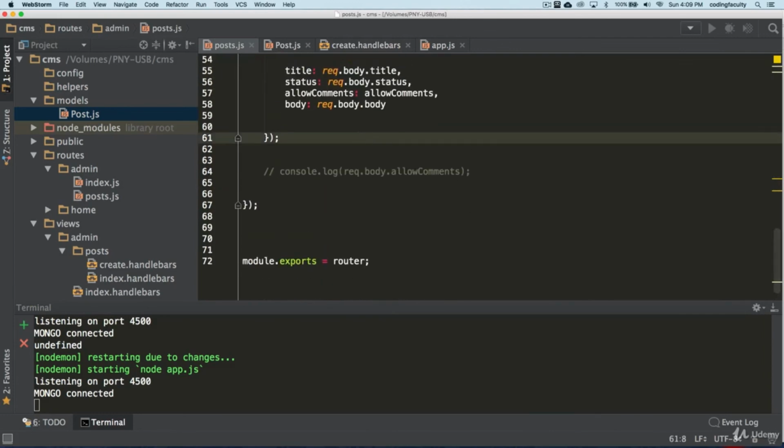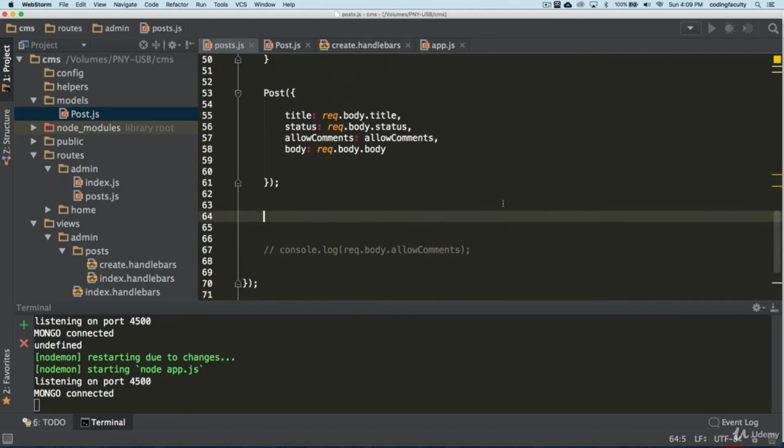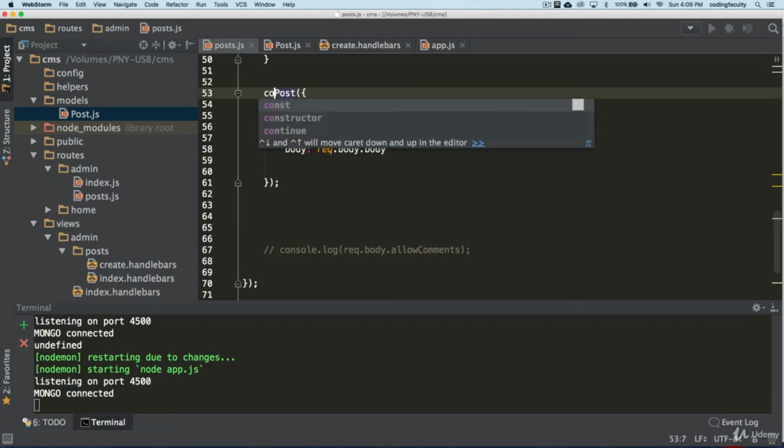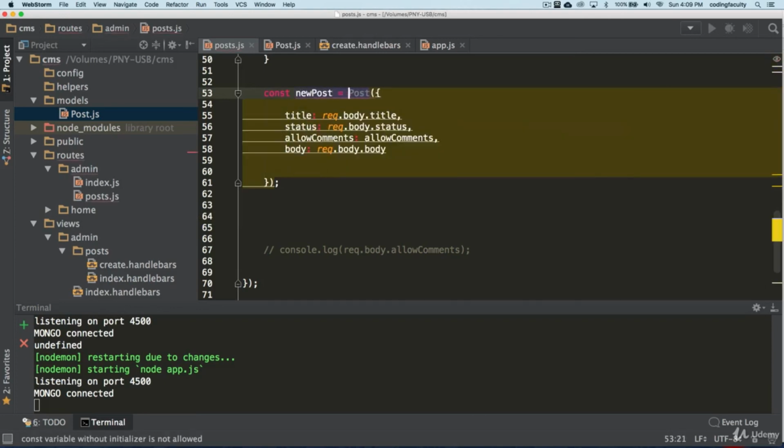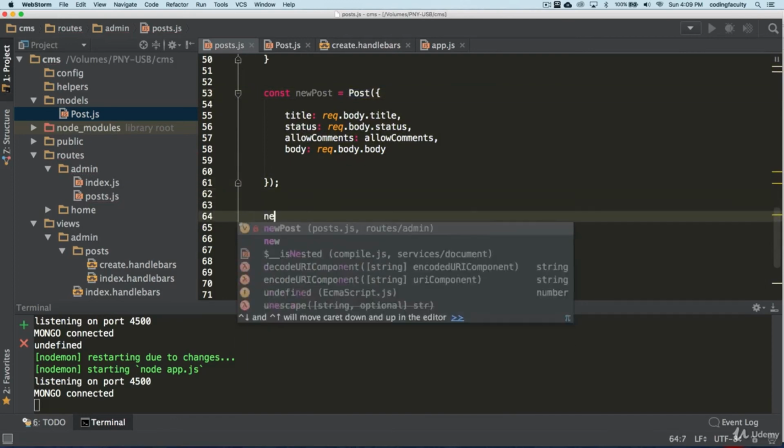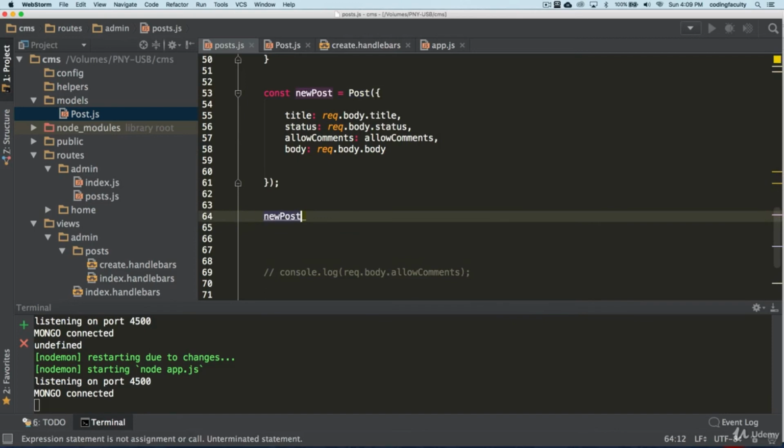Now it's time for us to start testing this to see if it works, because we don't know anything yet, right? I'm going to create a variable, new post, like this, and this new post now has methods added by Mongoose that we can use. For example, it has the save method, and it has all the methods to remove, to edit, all that stuff, but we're going to be using this one here. So now it's not going to save automatically. Once we do this, we need to attach some type of promise or callback. Then we're going to get the saved post in here so we can use it if we wanted to.